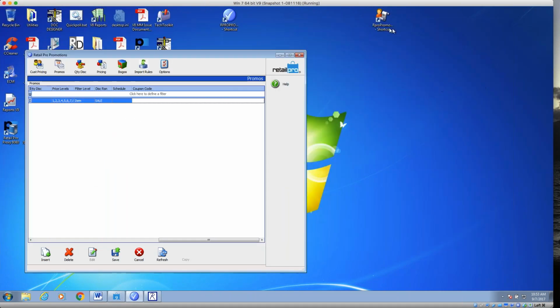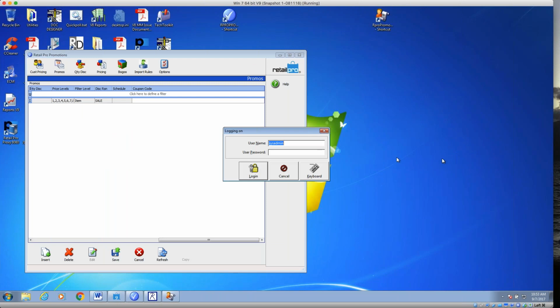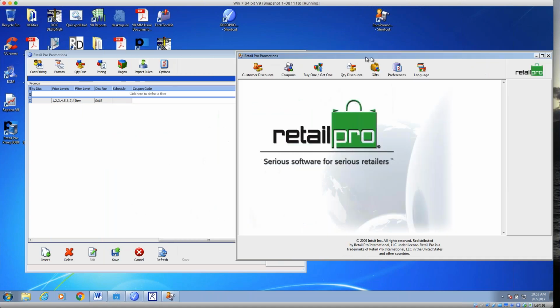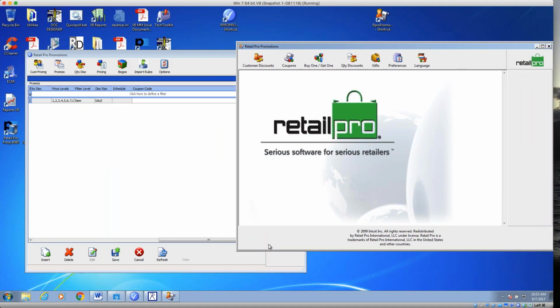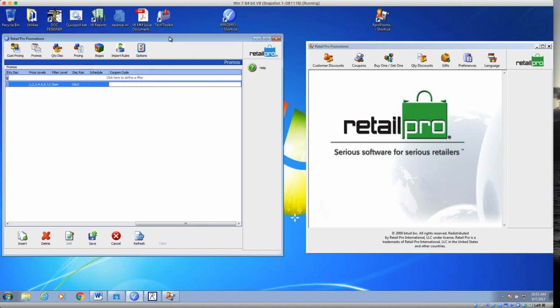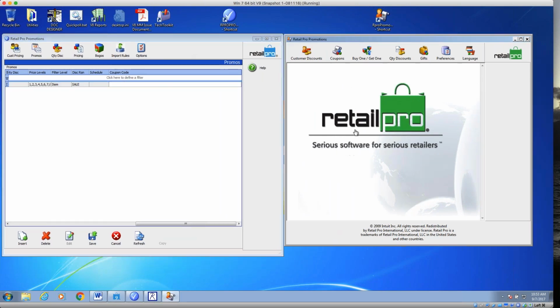I do feel like every time you attack this thing, though, it's a bit of a learning process. Even though I do them all the time, I still bump into little things where I didn't get a rule quite right. All right. So in regular Retail Pro, there is something called a promo discount schedule that exists in